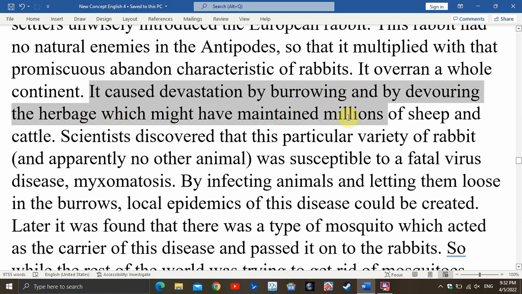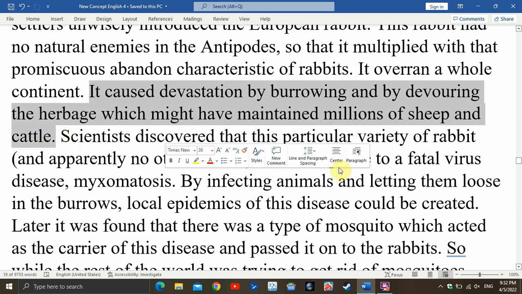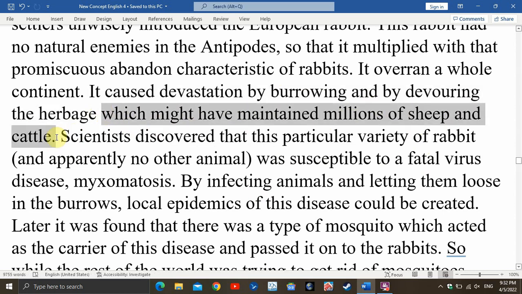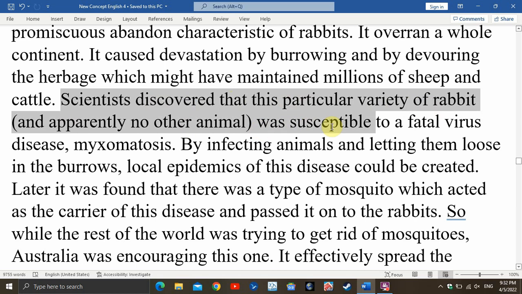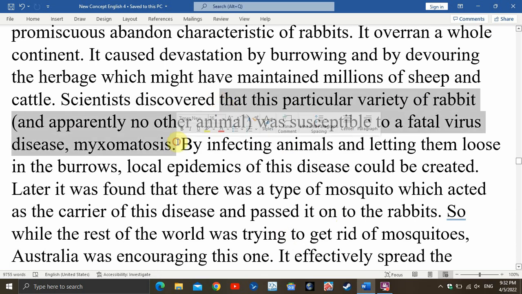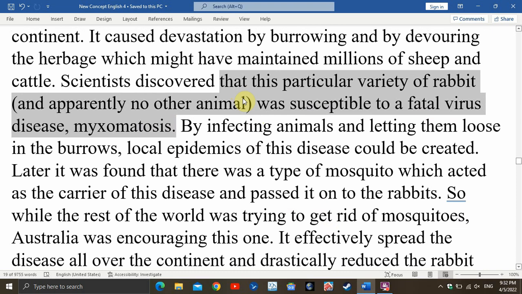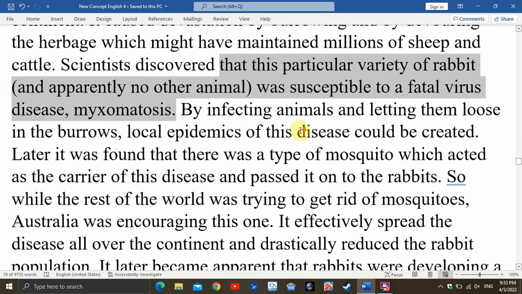herbage, which might have maintained millions of sheep and cattle. 那么 It caused the devastation by burrowing and by devouring herbage. 那么这个 which might have maintained millions of sheep and cattle，这个是定语从句，这个 which 指这个 herbage，herbage might have maintained millions of sheep and cattle。然后 scientists discovered that this particular variety of rabbit and apparently no other was susceptible to a fatal virus disease. 好，那么这里有一句宾语从句，到最后这个 that 引导的是宾语从句，这个宾语从句做 discover 的宾语，discover this particular rabbit and apparently no other was susceptible to a fatal virus disease